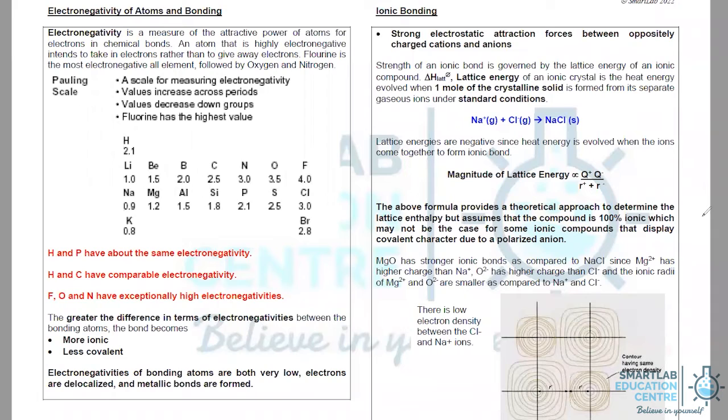At the A level, the strength of an ionic bond is being quantified by examining the magnitude of the lattice energy. So what is lattice energy? Lattice energy is defined as the amount of energy released when 1 mole of ionic compound, for this case sodium chloride, is being produced from its gaseous ions. And the magnitude of the lattice energy depends on the charge of the cation, charge of the anion, and the inter-ionic distance between the ions, as indicated in this diagram.